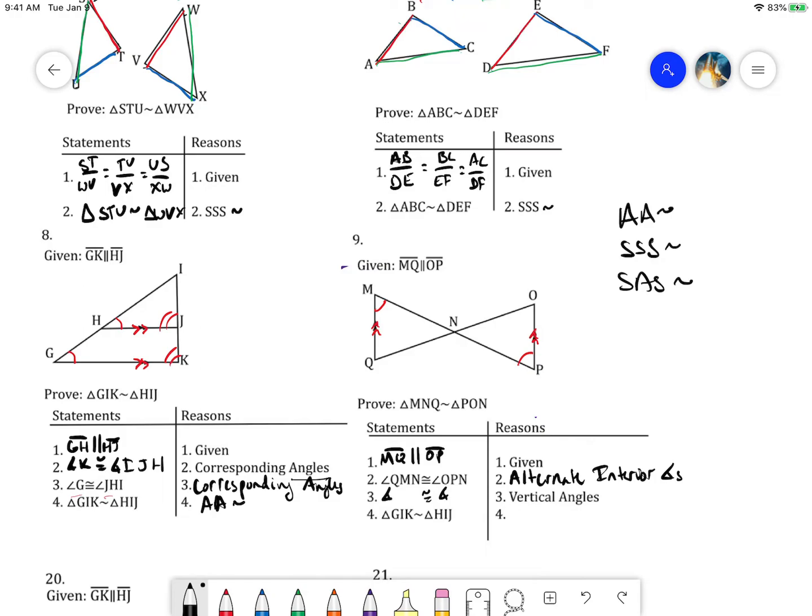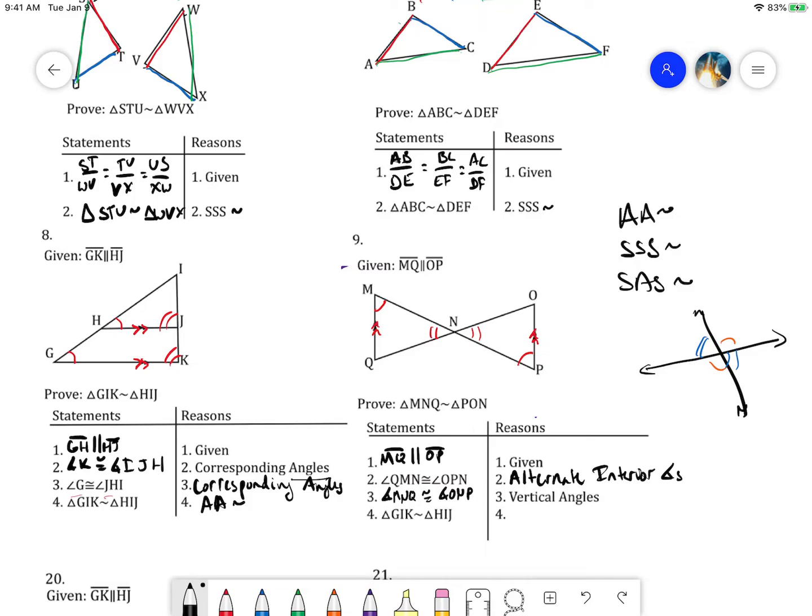Remember, vertical said that these two angles were vertical angles and therefore congruent, as well as these two angles were congruent. Yes? Perfect. Angle MNQ and ONP. Those two are vertical angles. So MNQ, and ONP. And again, we use the same three letters, and I know when you're looking at those two statements, a